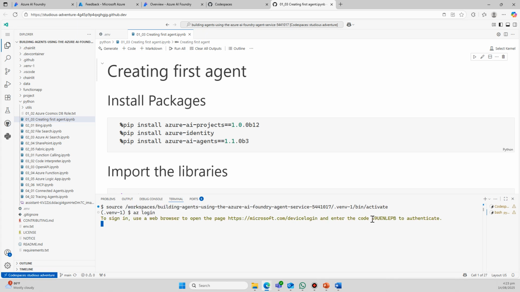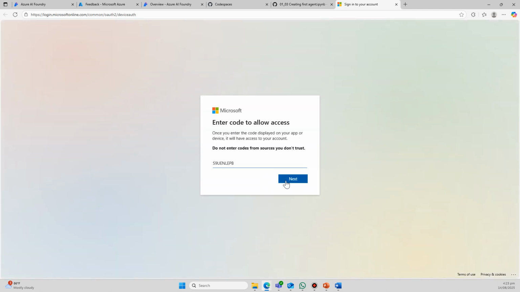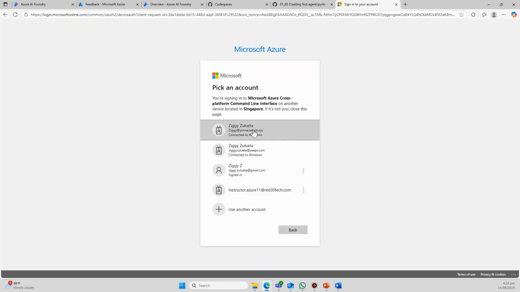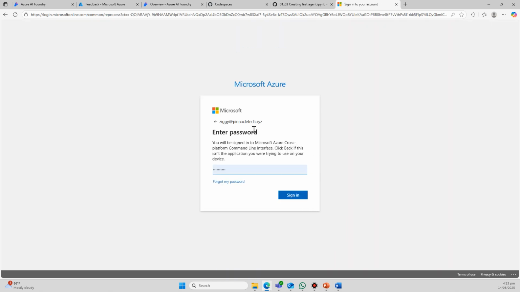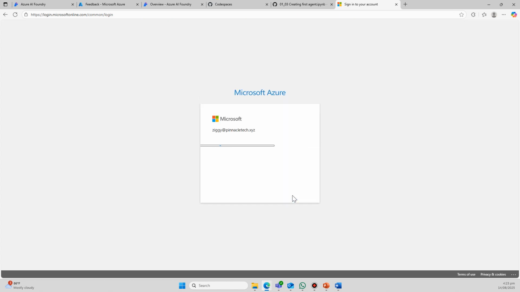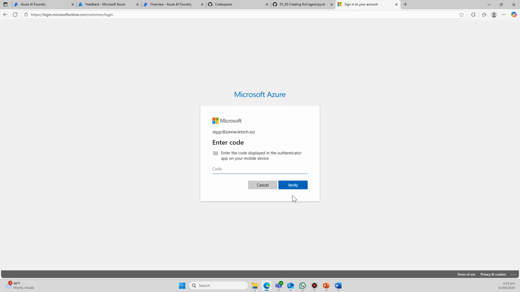And from here, you'll get a code and a URL, in which I'll copy the code and click on the URL. And I will log in using that code. In which case, I need to log into my account, enter the password, and verify using MFA.